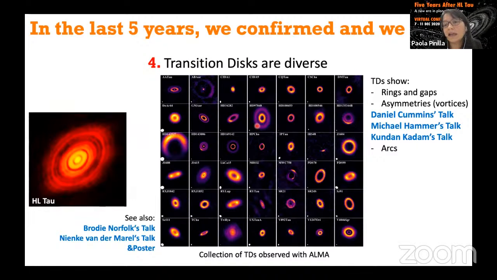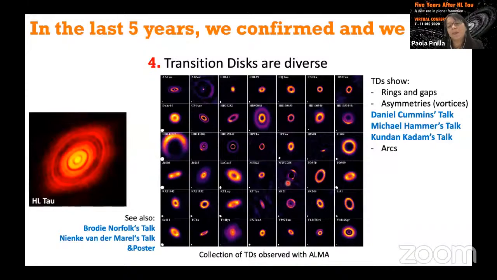There are also 3 talks here that I will recommend you hear about vortices in disks. Some of them also show arcs, and I have two different kinds, basically asymmetries and arcs, because it's not clear if some of these arcs are vortices or not, like in this case,